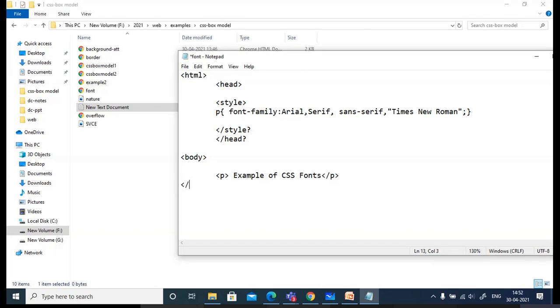Close the body and the HTML. Save the file.